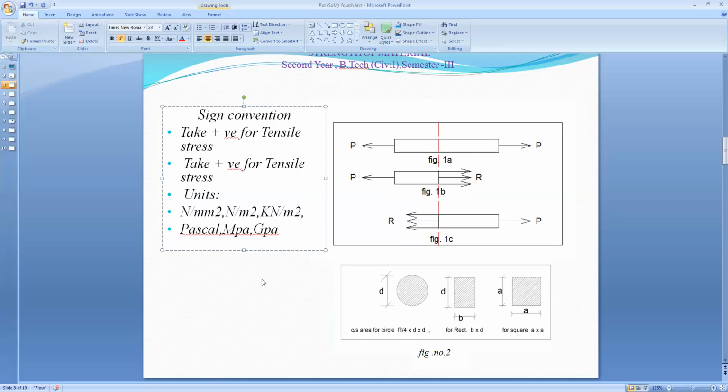The sign convention of the stresses is similar to the line of action of the force, because force is a vector quantity, and the nature of stresses depends on that. So take a positive nature for the tensile stresses. When the force is in a tensile manner, then capital P has tensile nature. P divided by cross section area gives sigma of tensile nature. So take the positive sign for that, and vice versa for the compressive manner. So take negative for compressive stresses.